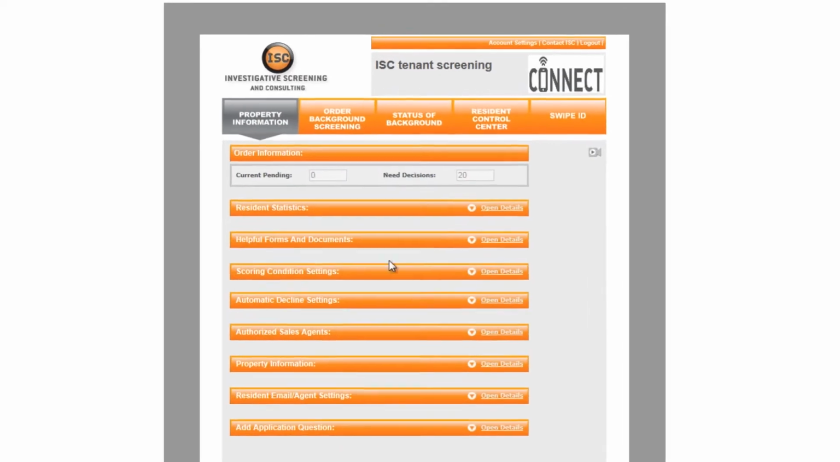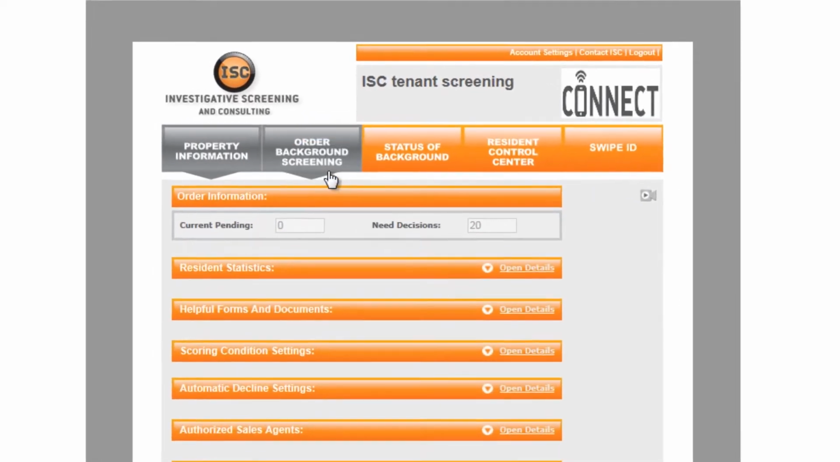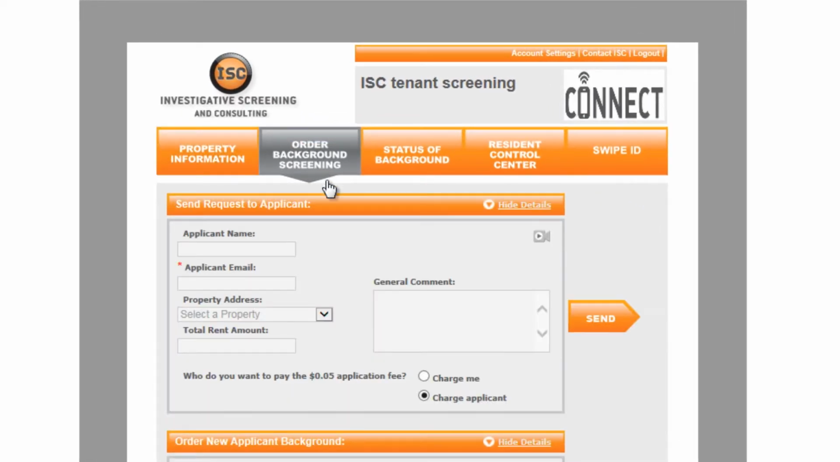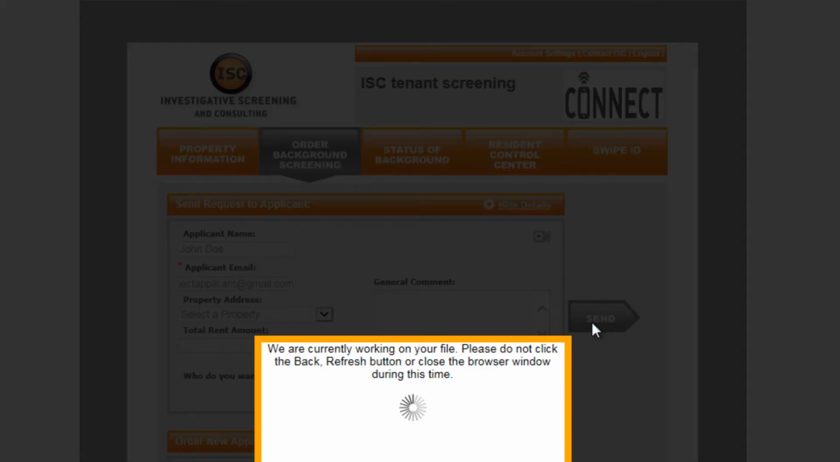To order a credit and background report, visit the Order Background tab. Enter the applicant's name and email address. Select the party who will pay for the report. You also have the option to enter in the rent amount. Select a property address they are applying for and include any additional notes you would like to send to the